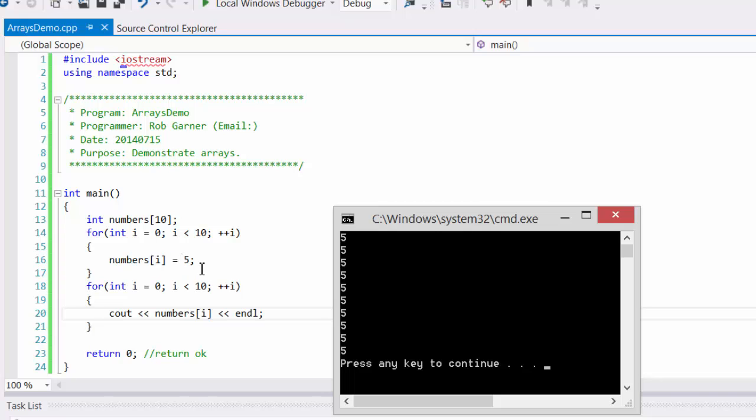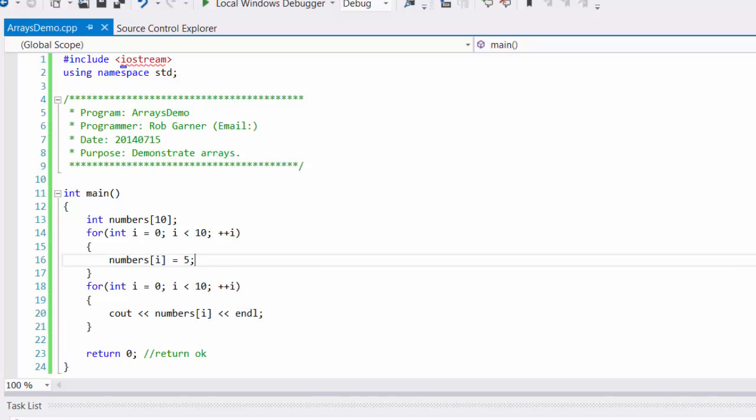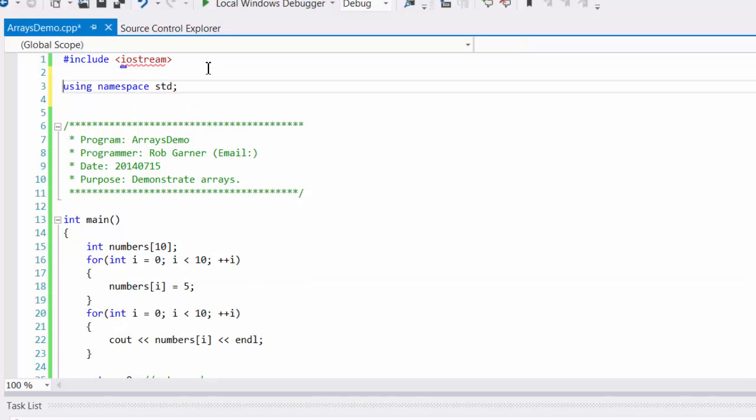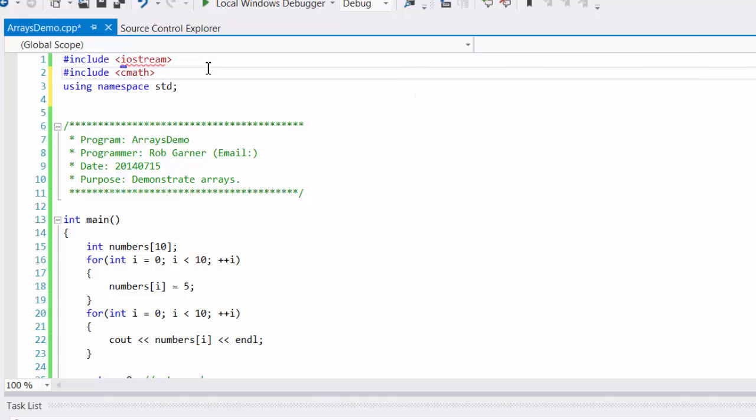So obviously you could do anything you wanted with this, but there would have to be some kind of calculated value to place in there. Suppose we wanted to find the cube of the index of each element in the array. What we could do is include the CMath library and then down below, numbers of I could equal